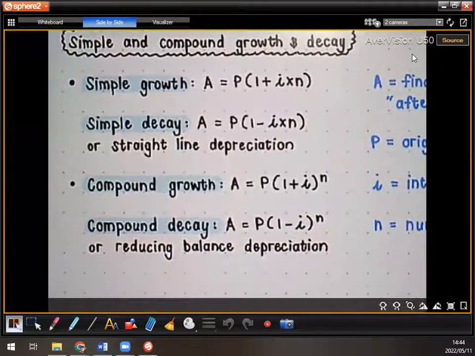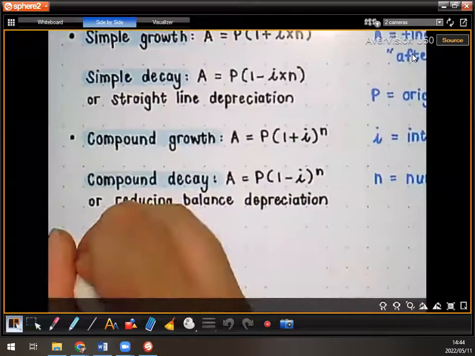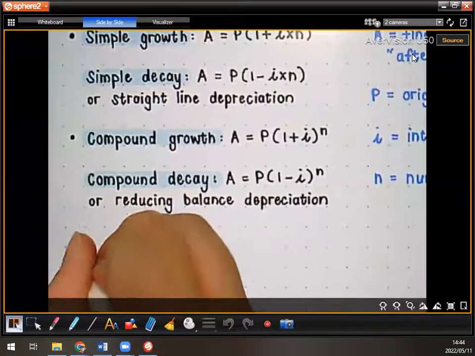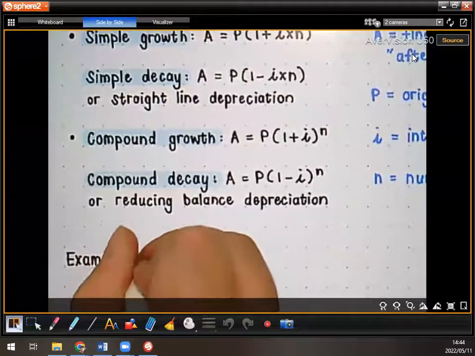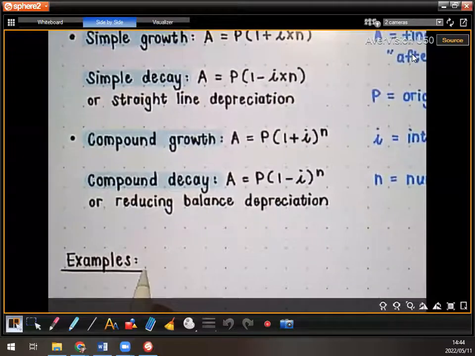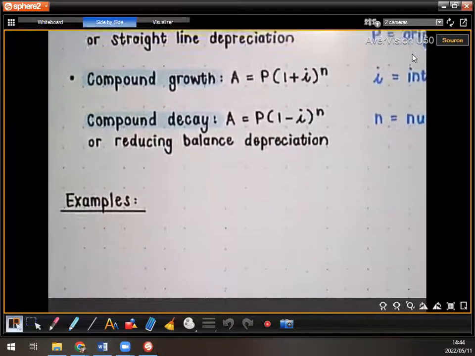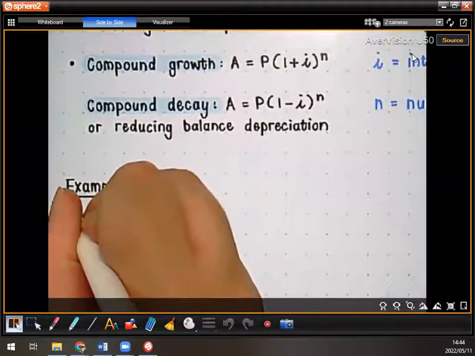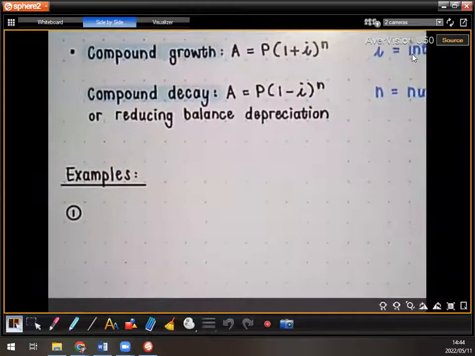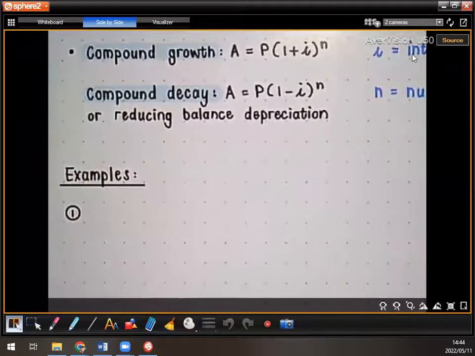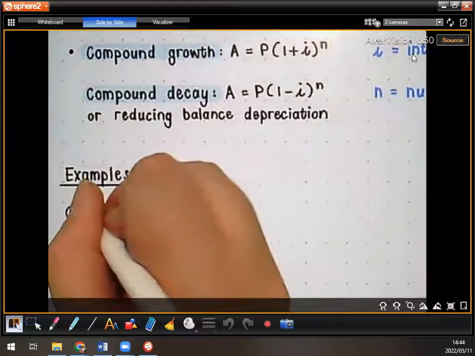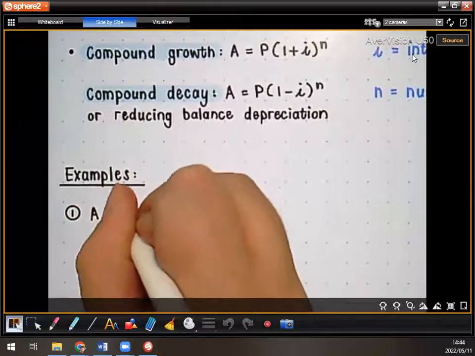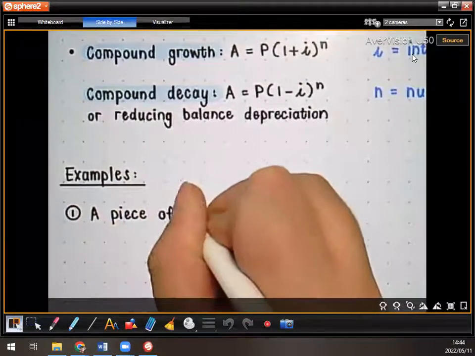All right, so you can write examples along. Sorry guys, but this is going to be quite a bit of variety. So let's see. Sorry, I'm just trying to see which examples we should do. A piece of equipment